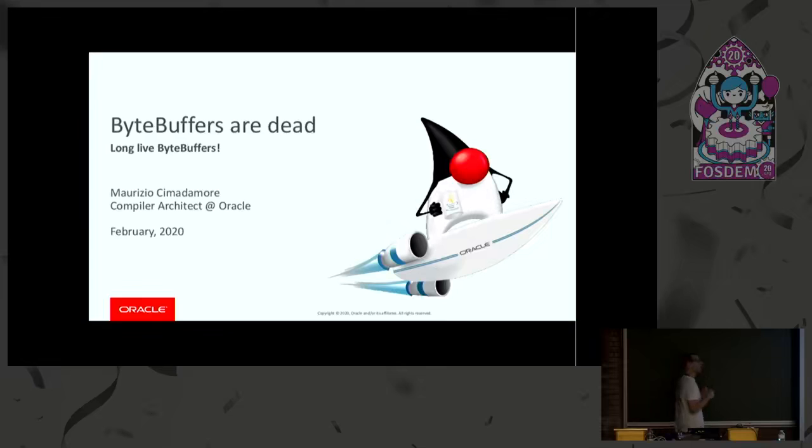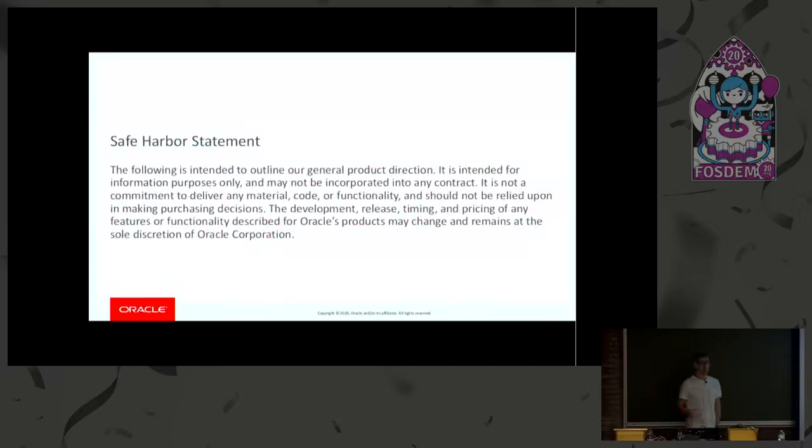I hope that by the end of this talk I will have convinced you that the role of the new Memory Access API is not to completely replace the ByteBuffer API. You can decide whether you want to use the new API with ByteBuffers or if you want to completely replace ByteBuffer usage with the new memory API. So it's up to you. Hopefully you will have yet another tool in the toolbox that will help your work. So usual disclaimer, don't believe a word I say.